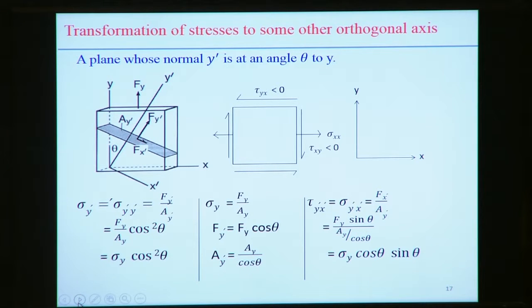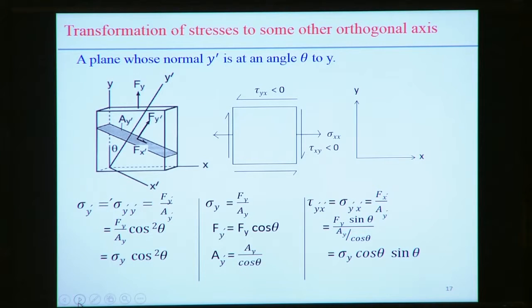Now if we take the transformation of the stresses, taking a simple system, how can this transformation be done with some orthogonal axes? Suppose the three-dimensional view is this element, with x and y, and along the direction y there is a load Fy, and similarly normal to the x-axis the load is Fx.